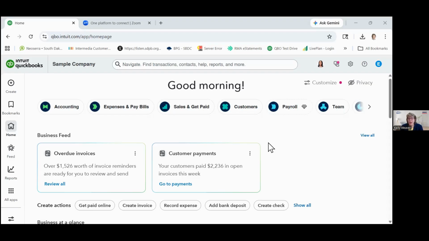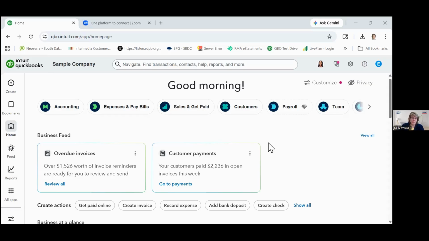You will have to buy a subscription for every company that you want to do books for. So even if you're a small business who owns your real estate personally and you're doing that on a separate tax return as maybe a partnership, and then the operating business is in a different legal entity, maybe an LLC, that's really two companies. There's no way easily or well to do the books for both under one company, even though it is kind of one company. So you're going to have to choose whether you want to get a subscription for each, or maybe on the real estate side, there's not that many transactions. You can just take care of that with an Excel spreadsheet or something.